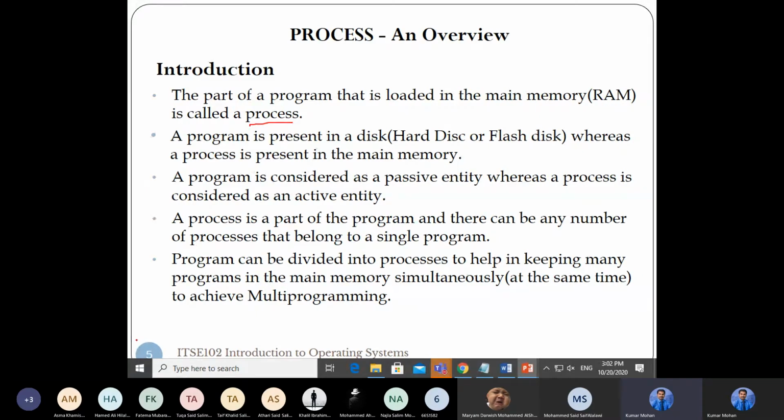So in these slides, I'm going to tell you the difference between program and process. What is process and what is program? So the process is given, program is given. Which one is active? Process is active or program is active?